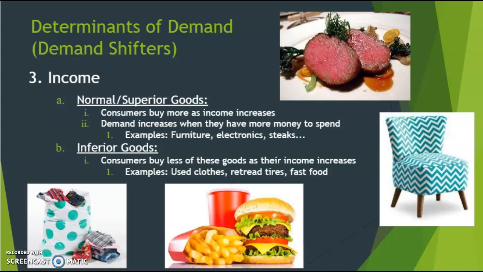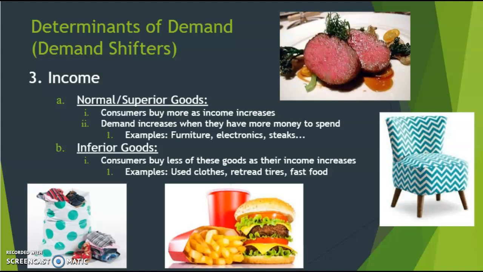So let's say I get a pay raise, and so I'm more likely to buy steak than hot dogs. Most products fall in this category: furniture, electronics, cars, you name it. So most of the time, if your income goes up, you buy more of that good, so that the demand for that good would shift to the right. My friend Lori works in Steamboat, and so if you get a pay raise, you might take a ski vacation